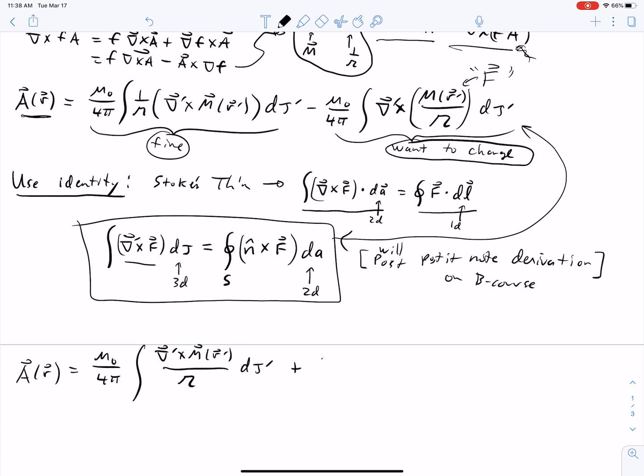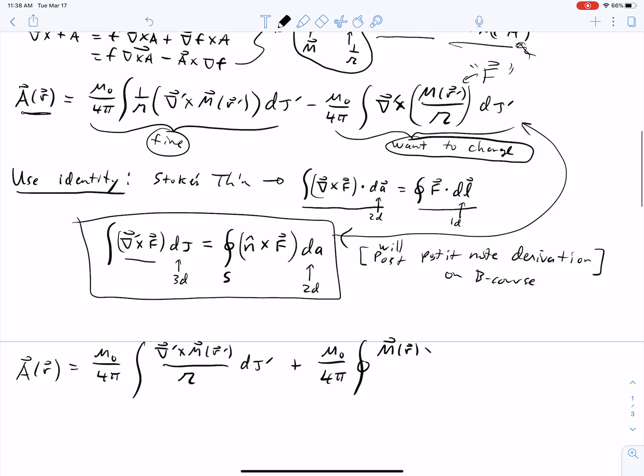plus mu naught over 4 pi integral of M of r cross n hat over cursive r dA prime. Okay,